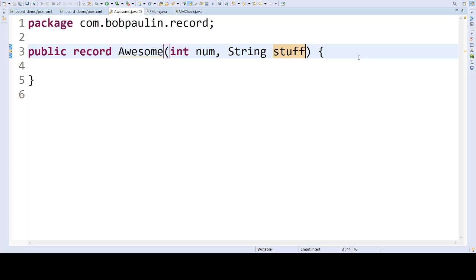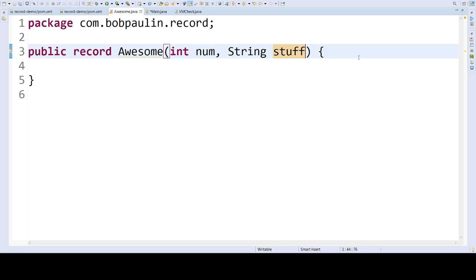And then unlike a class, the record name is followed by what looks like a constructor, like a method signature. Exactly. It's got an open parenthesis, and inside there are your parameters. So I have int num, comma, String stuff, and then an end parenthesis to say this is the end of the fields that are going to be a part of my record.